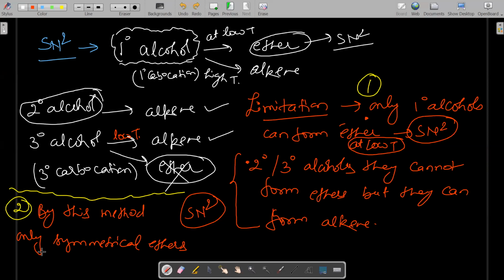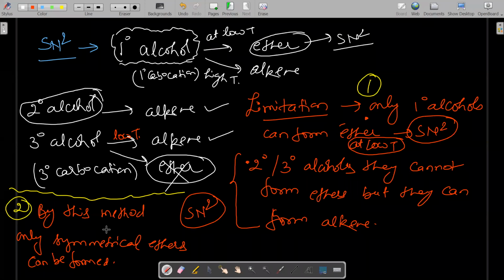Why only symmetrical ether can be formed? Anybody can say? Anybody? Ma'am, because 2 units of same alcohols are joining. Yeah, very good. So this is the method for formation of only symmetrical ether, because Sanya has told correct that